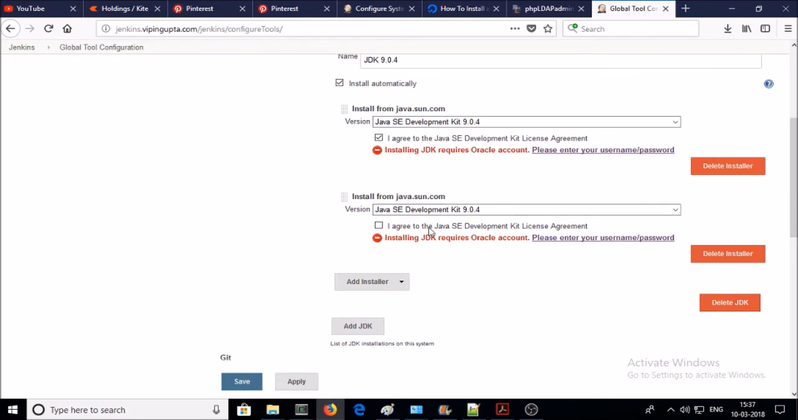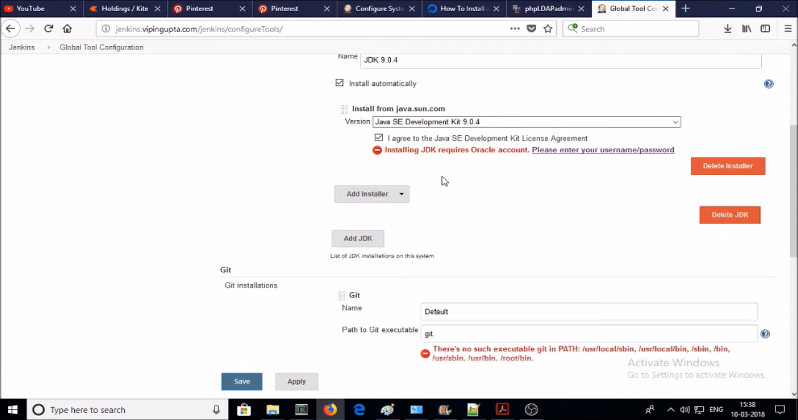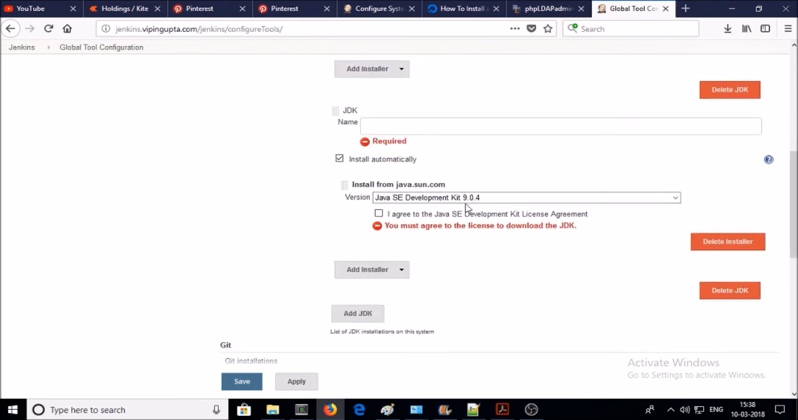So what is going to happen here when your build requires JDK 9.0.4? It is going to download from Oracle and store in your Java home directory. So you can keep multiple JDKs, like, let's add one more, and this time we are going to add